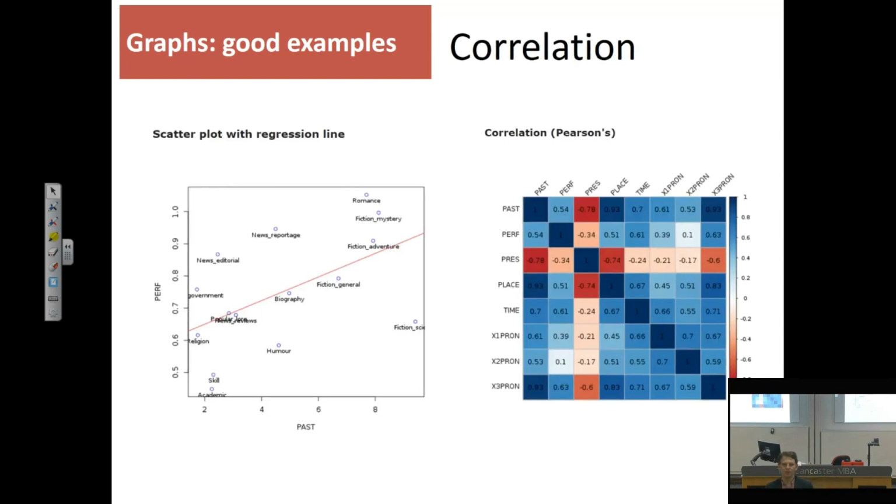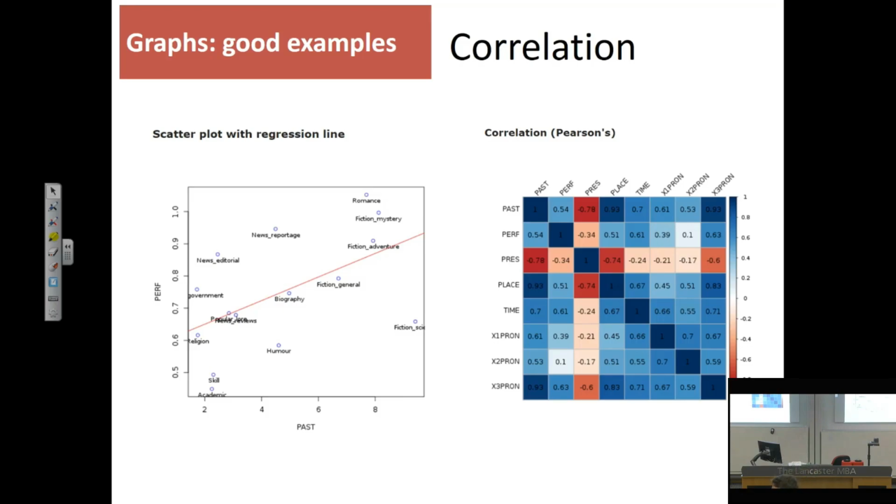Okay, just a few more graphs. So we talked about a scatter plot with a regression line, and there can be some useful labels, right? We'll talk about correlation and how to compute correlation, but we can also visualize correlation, such as Pearson's correlation here in this graph, in this correlation matrix. Some correlations are positive, some are negative. The positive ones are here in blue, the negative ones are in red, and the intensity of the color is the strength of the correlation as an effect size.